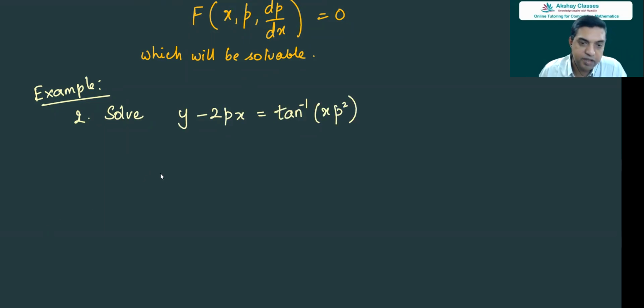So y could be written like this. y is equal to 2px plus tan inverse of x p square. So